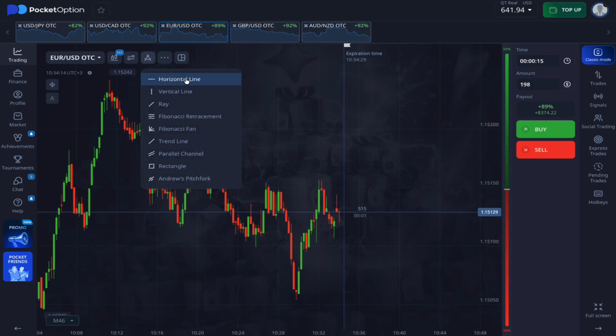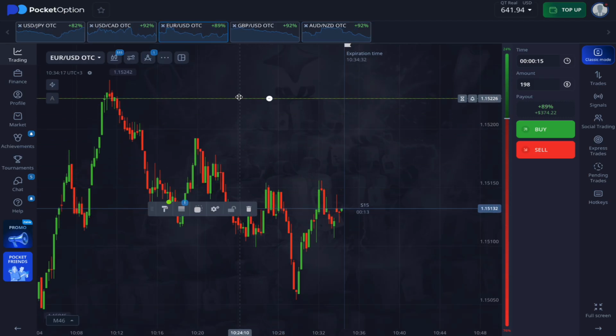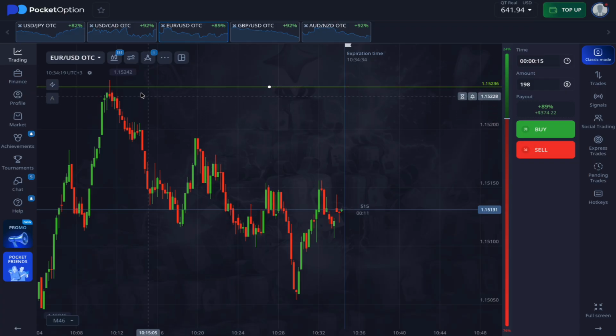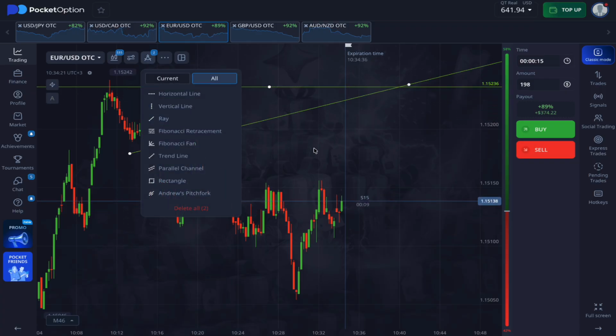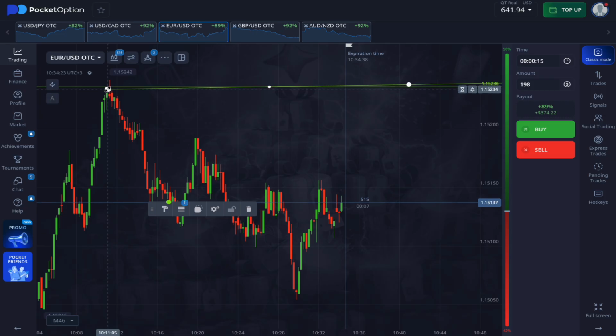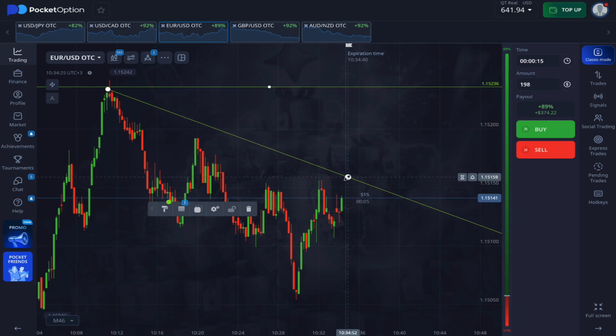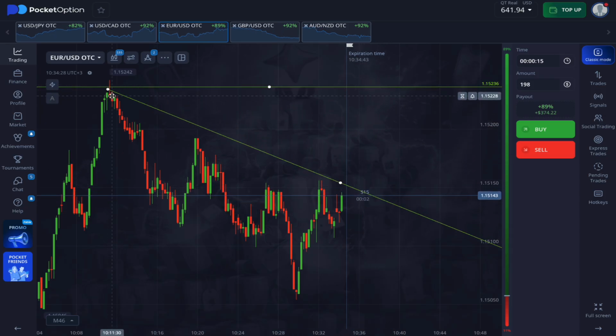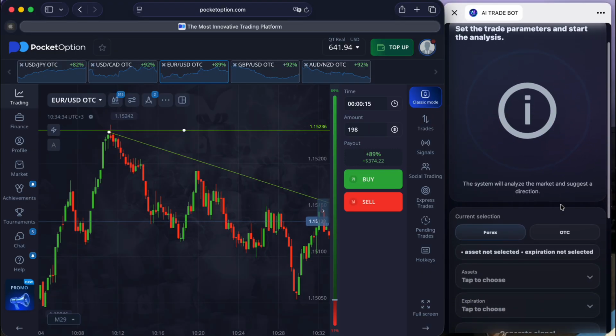Let's do a little technical analysis on this asset. Immediately, the horizontal line marks the local maximum of the price here. We see that our price is moving along this descending trend line. I note this downward trend line. Many traders would further open the downside here, but this strategy is based on trading with the verification of technical